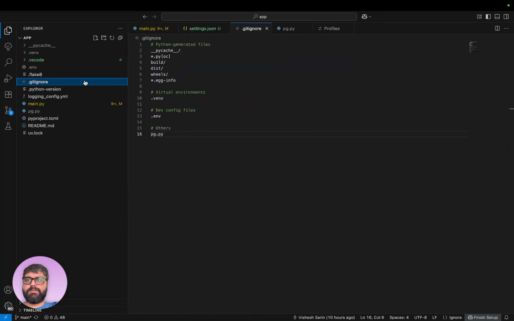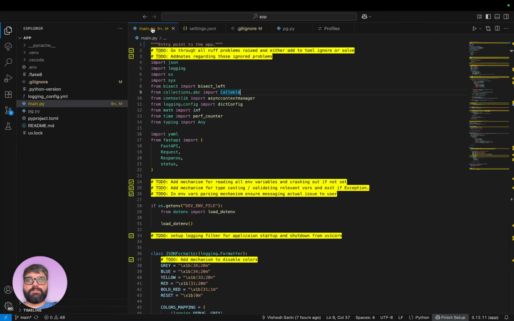I hope .vscode is in my gitignore. It is not. IDE files. I'm just gonna put .vscode over there so that that also gets ignored.